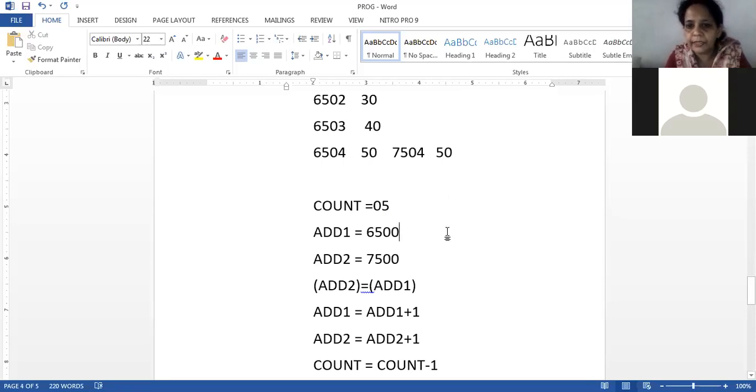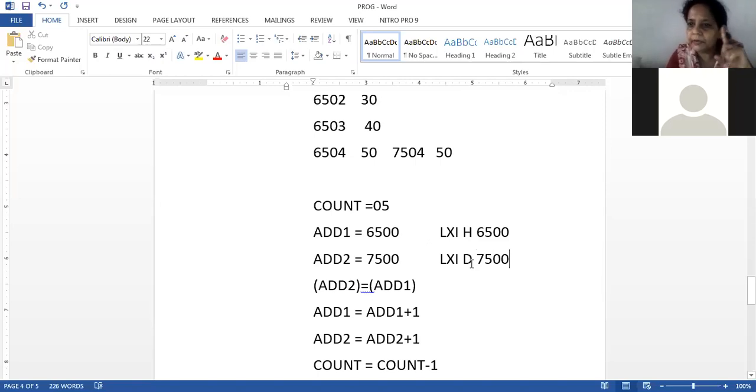So for example, here if I choose HL pair, then I will say LXI H, 6500. And here if I choose any other pair, now I have BC or DE pair, so I can say LXI, for example, D, 7500. That means I have used HL and DE pair.